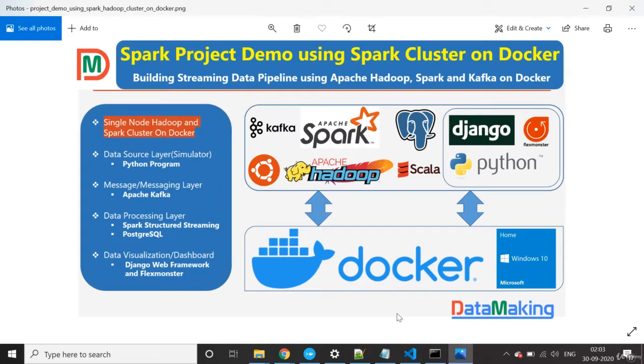In the last session, we saw a demonstration of our real-time Spark project, which is a streaming data pipeline. We ran it on our local machine, using both the PyCharm IDE and the IntelliJ IDE, and we were able to consume the data from the data source, process it, and see the aggregated data in a visualization dashboard. So now we want to make use of our cluster and run our streaming data pipeline. We'll see how we can do it. Okay, let's get started.